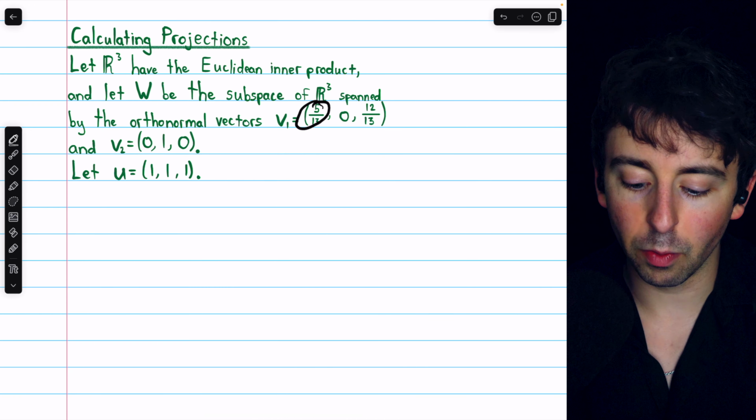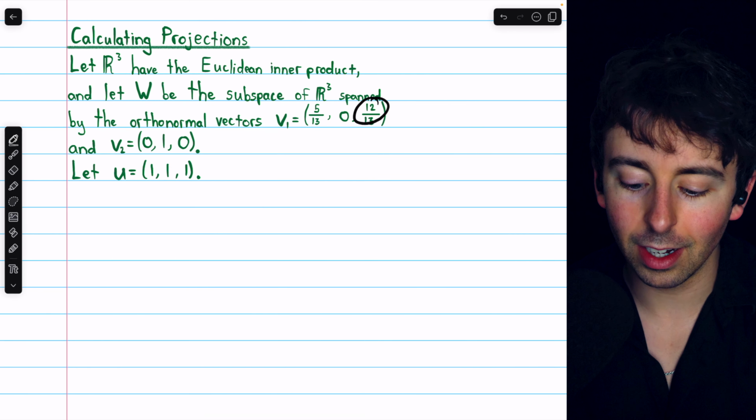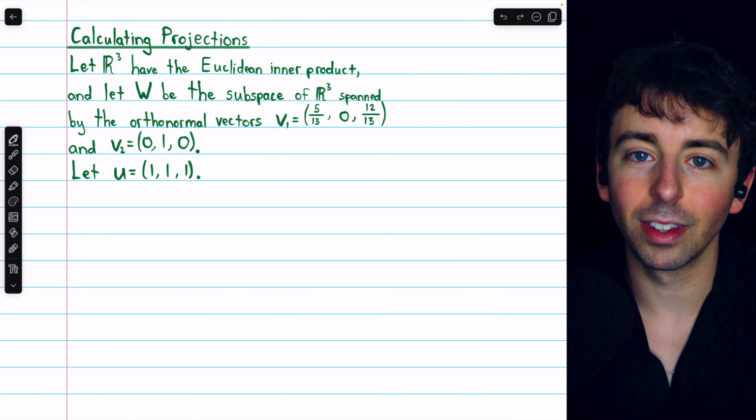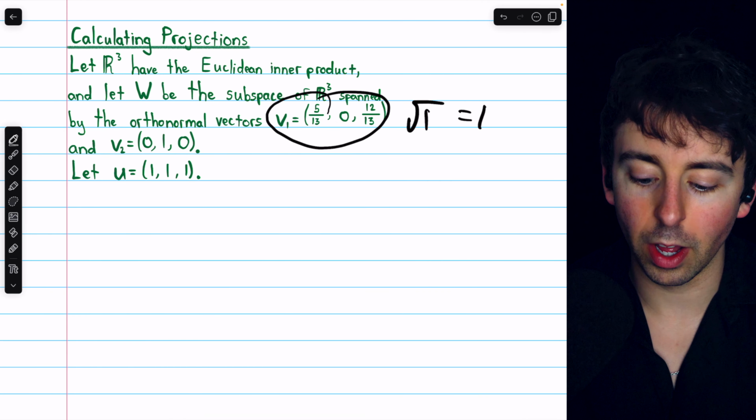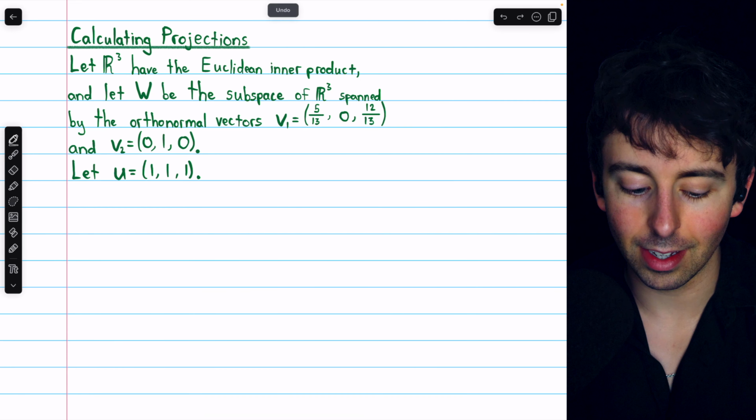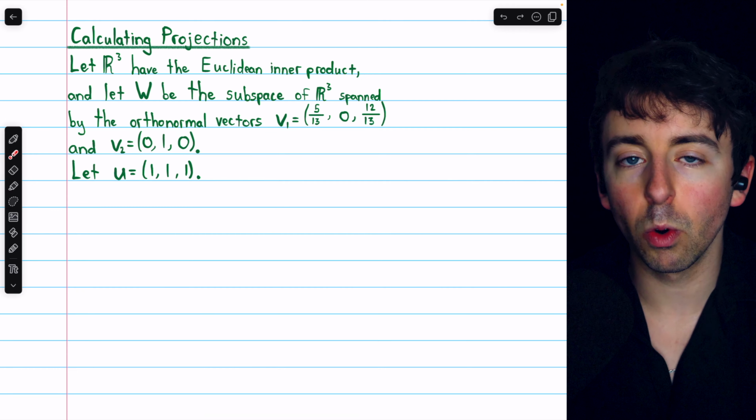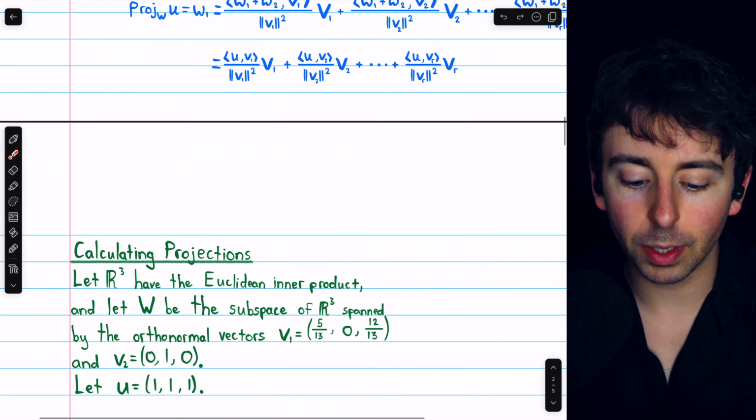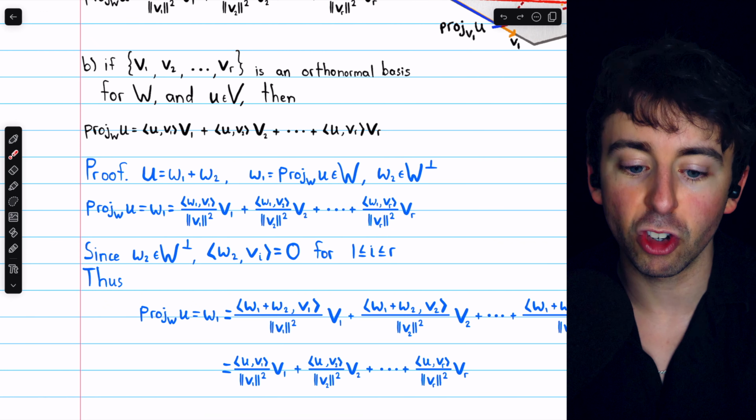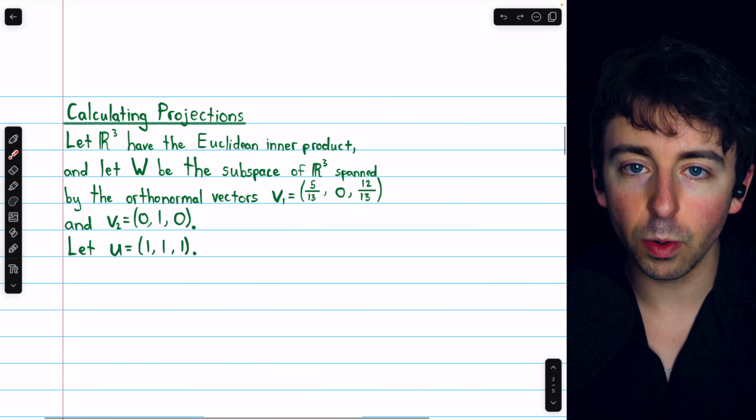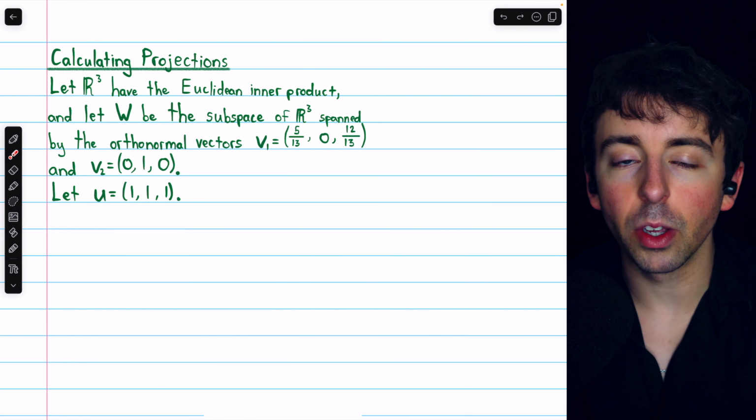have 25 over 169 plus 144 over 169, which is 169 over 169. Put that in a square root, it's root 1, and so the norm of V1 is certainly 1. And it's easy to see that the norm of V2 is 1 as well. So these are orthonormal basis vectors, hence we can apply part B of this previously proven theorem to calculate the projection of this vector U on the subspace W,